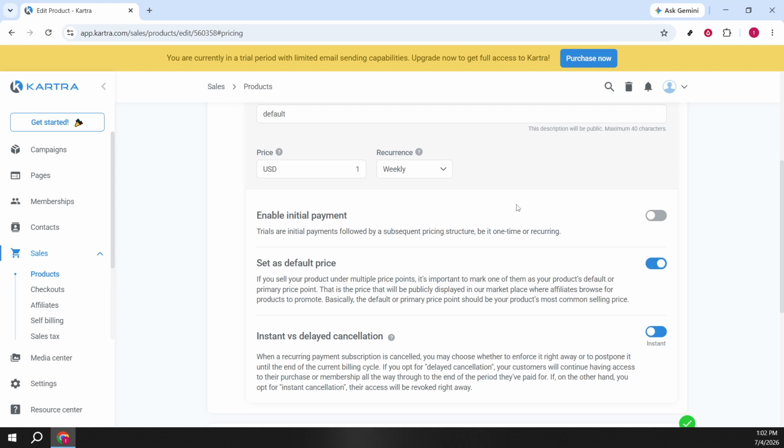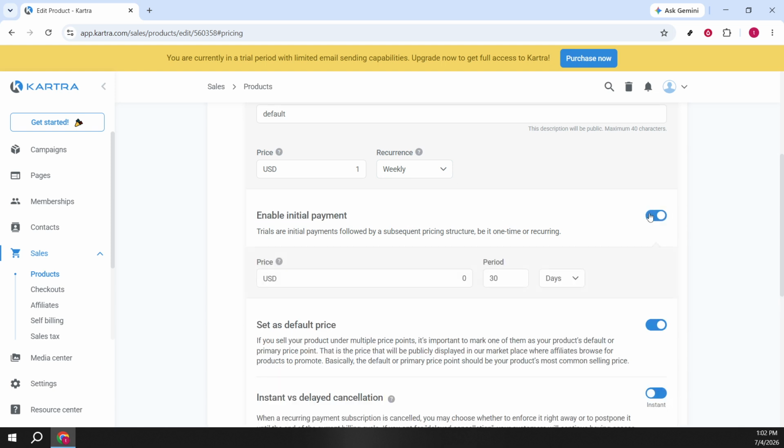Now define the recurrence. Choose how often your members will be billed, such as every month or every year, and whether it continues until canceled or ends after a specific number of cycles. If you want to charge a setup fee or create a paid trial, enable the initial payment and enter that amount. This is a one-time charge that happens before the recurring schedule starts and is useful for onboarding fees or